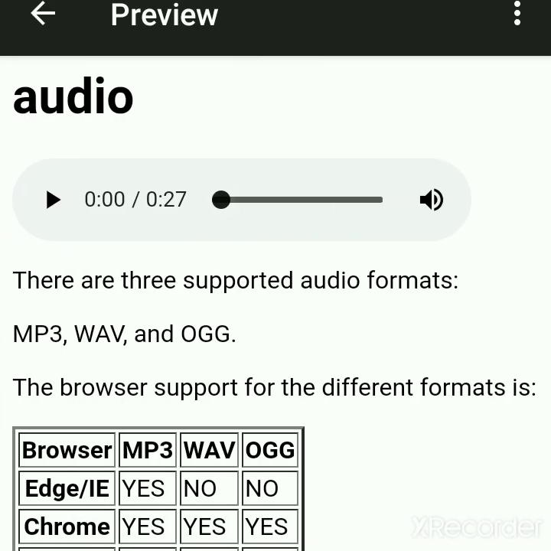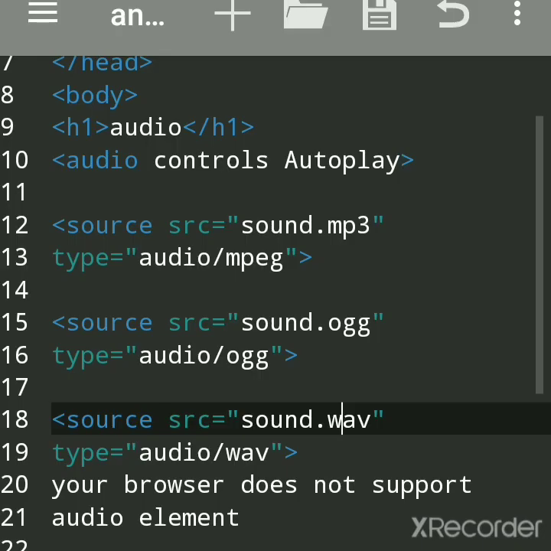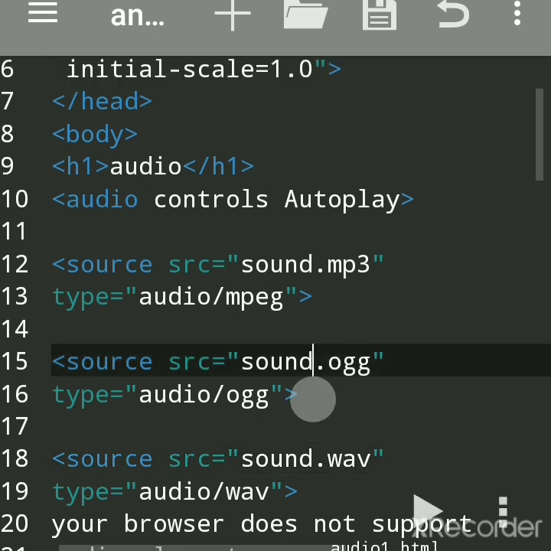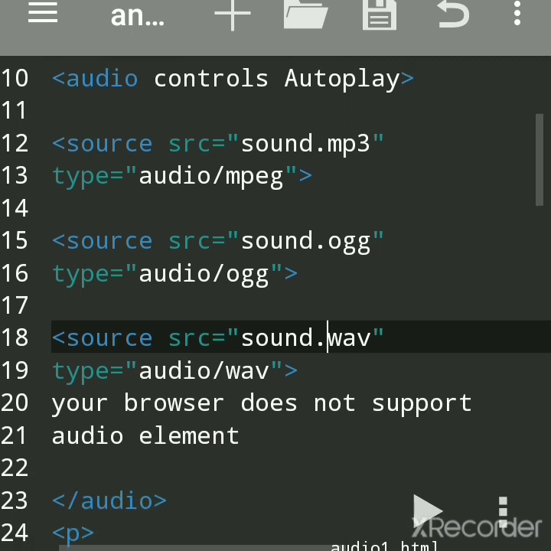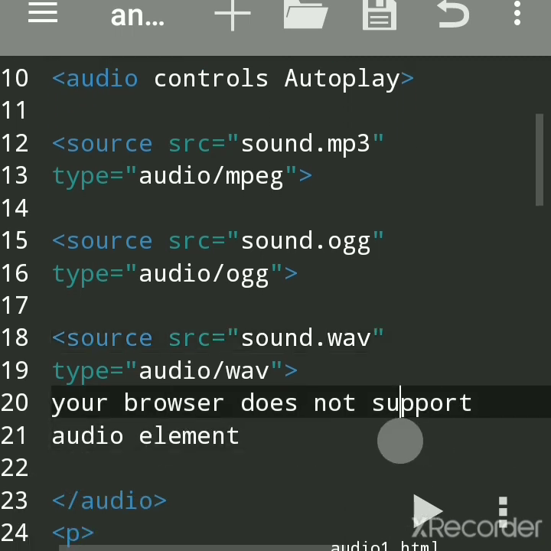Here only the first file is played because of the browser I am using. So the first file was played, and you have to check these outputs in different browsers. You have to test in Google Chrome, Opera, and Safari, and only then will you get this message where the audio files are not supported.